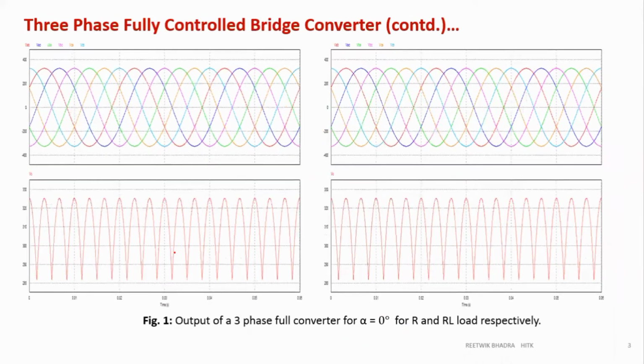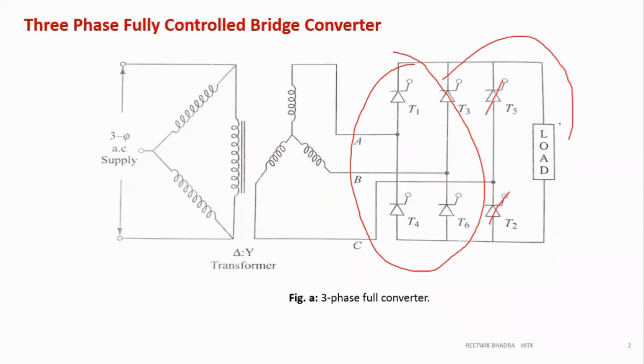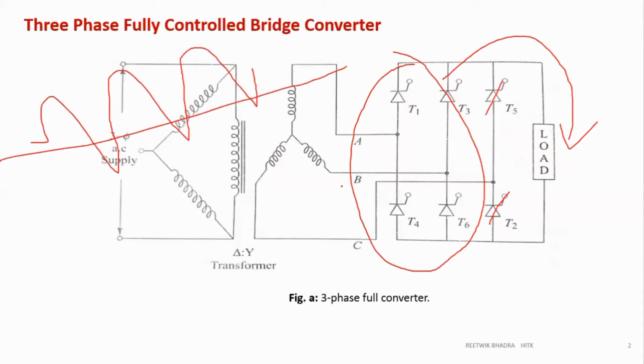Now, to recall some facts, if you see this converter and remove these two thyristors, it will act as a full bridge converter, right? 4 thyristors, 1 load. But the problem with the full bridge converter was that if you use RL load, our voltage was becoming negative. If I am taking continuous, I can draw like this. Our voltage was having a negative part. So in order to remove the negative part, we use the freewheeling diode across the load.